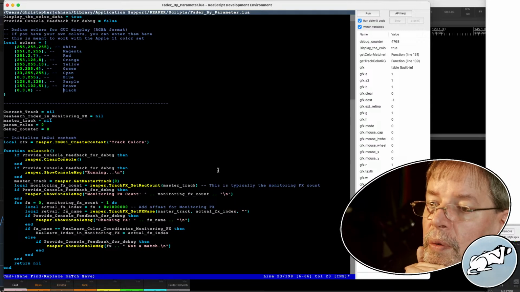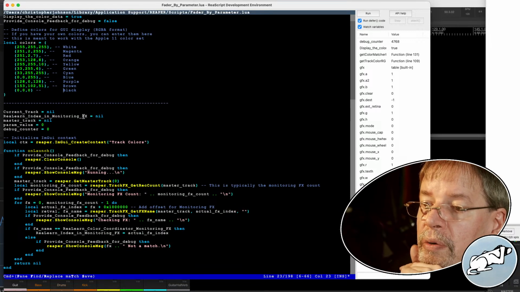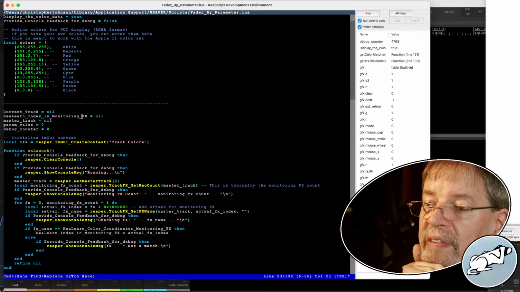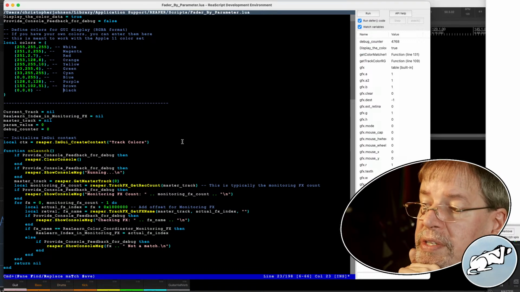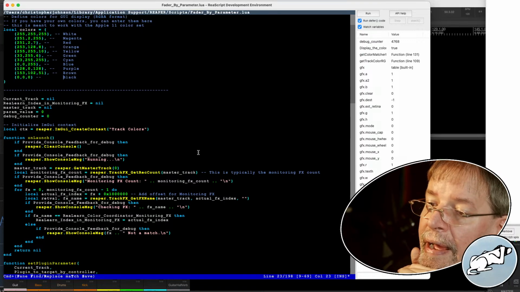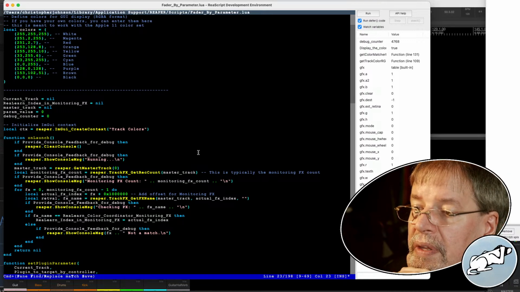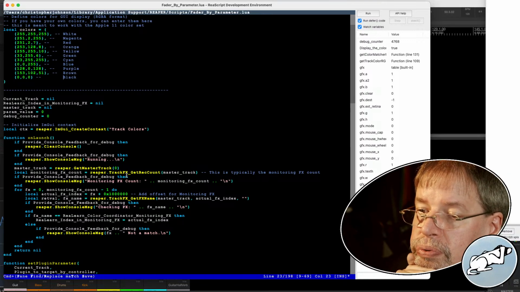But that is still not what I was looking to do. Read index and monitoring effects. I need to learn how to assign stuff, but I also want to find out how it's trying to do anything. So,